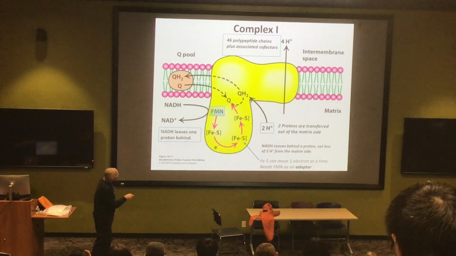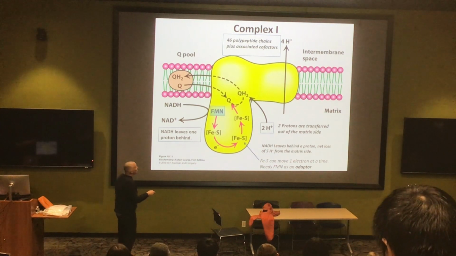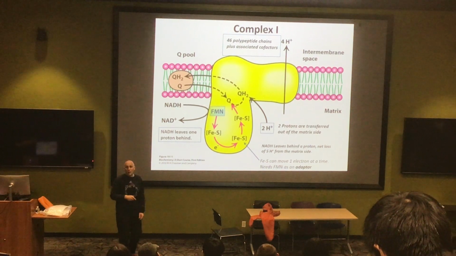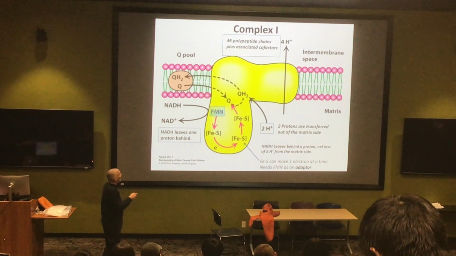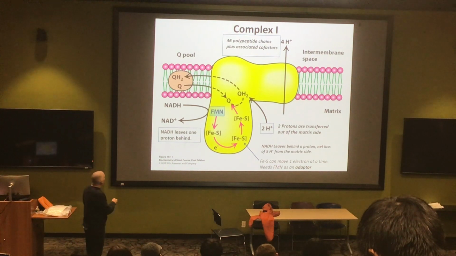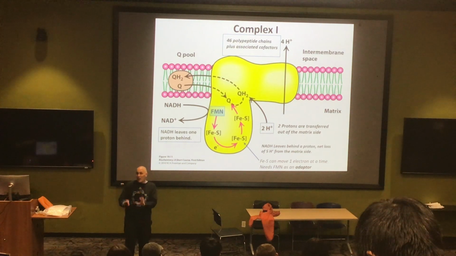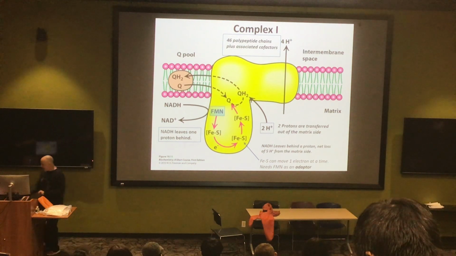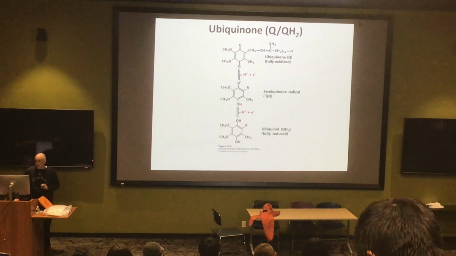QH2. So even though we're only pumping 4 protons across, we're taking 2 more out of the matrix. These aren't getting pumped. These are being used to make QH2, right? Okay, so we're actually depleting by 6. But we're actually only depleting by 5, because of course we're dropping 1 off when we make NADH. So you can see that the number of protons that's pumped is not the same as the number of protons that are being depleted at each step. At least not now. The stoichiometry will all add up in the end, but it is a bit different.